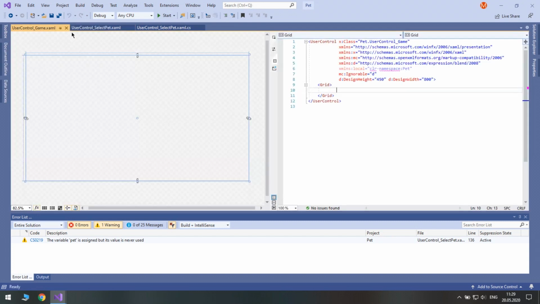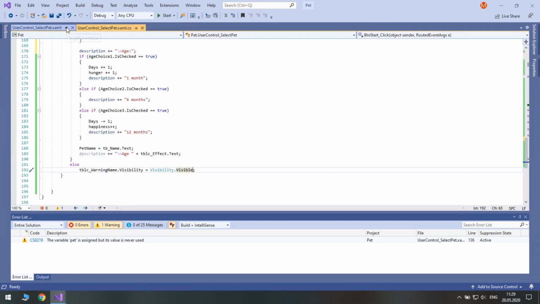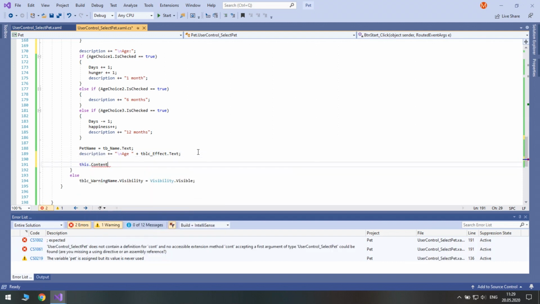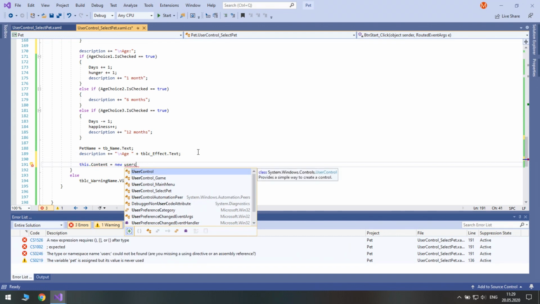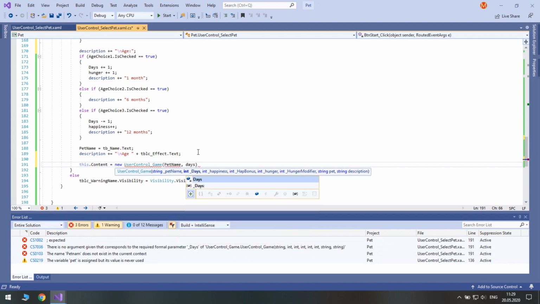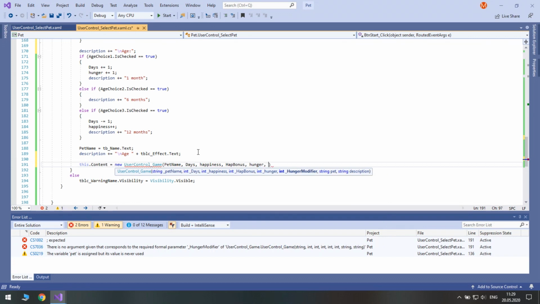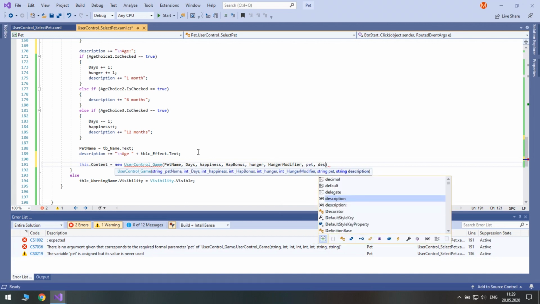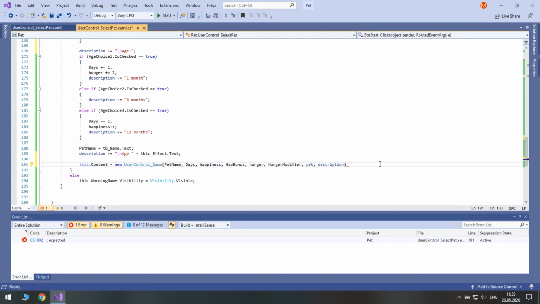Now let's set the content to the game user control. Let's check whether everything works.